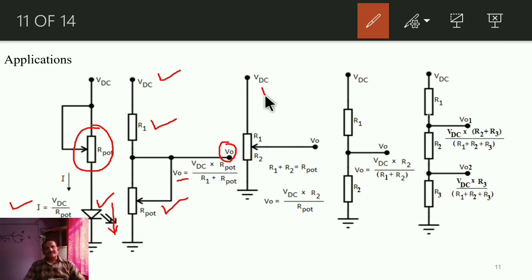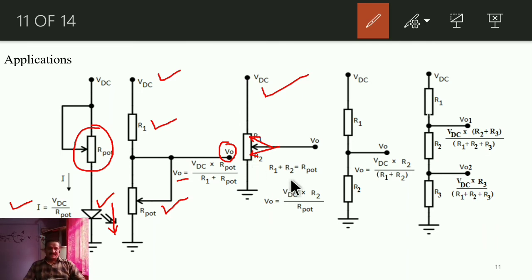Now in the third circuit diagram, instead of shorting any two outer terminals, I kept all three terminals open. Of the outer two terminals, one is connected to VCC, the other outer terminal is connected to ground, and that middle terminal I kept open. Again, that single potentiometer is acting as a voltage divider. See, wherever you place the position of that wiper terminal, that will decide the value of this R1 and R2.